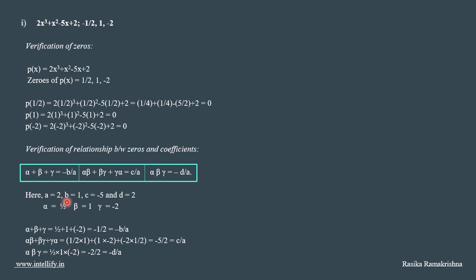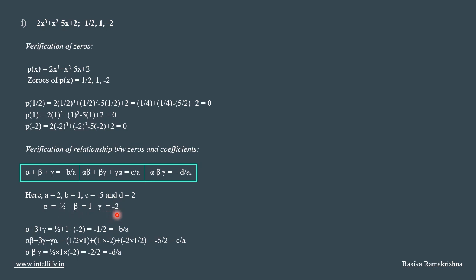B is going to be the coefficient of x square, which is 1. C is going to be the coefficient of x, which is minus 5. And D is going to be the constant term, which is 2. So your alpha is going to be 1 by 2, beta is going to be 1, and gamma is going to be minus 2. Alright, so you know that alpha plus beta plus gamma has to be minus b by